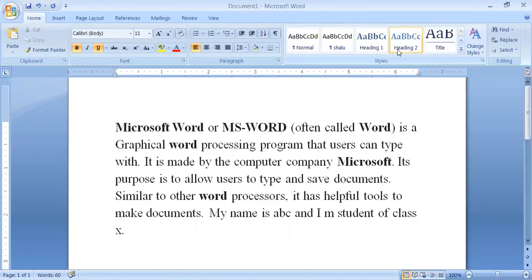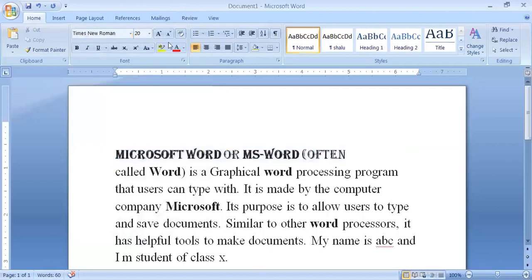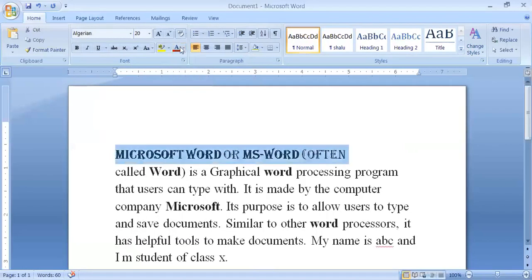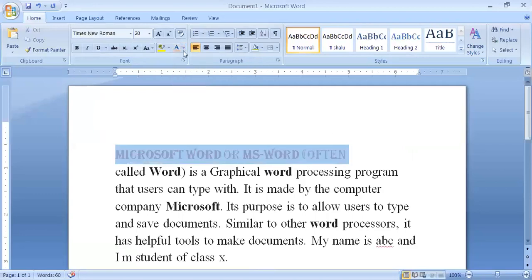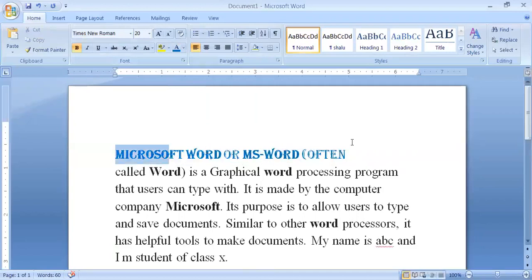So how can it be done? It is very simple. Usually if we want to change the font style, color and size, various options are given individually. Suppose I want to change the font style to any other style, simply I can do it. I want to change the color, so first select it and then change the color option. I can give it a brighter shade. Changed. I can change the size also.